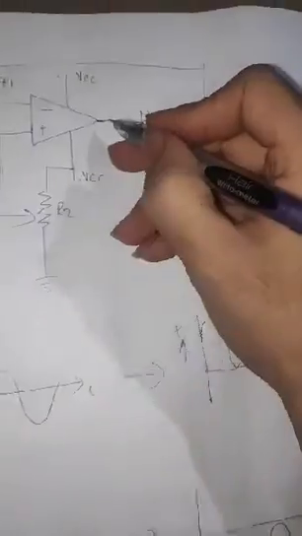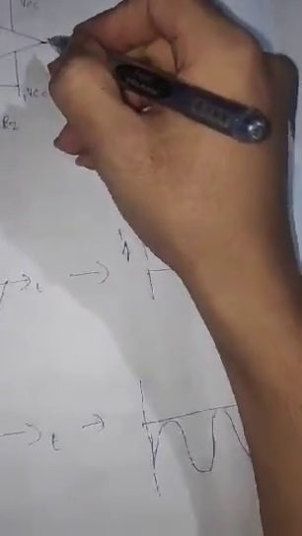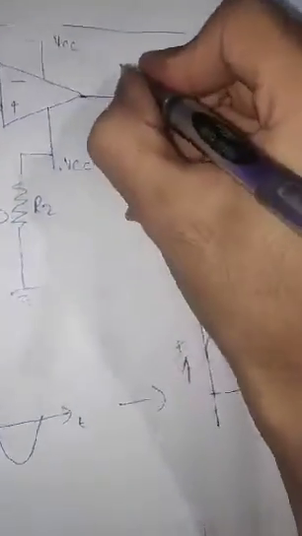And a negative clamper is a clamper circuit that produces an output in such a way that the input signal gets shifted vertically by a negative DC value. For this negative clamper, it is same as the circuit diagram for positive clamper, but the diode is interchanged like this. This is for positive clamper. No, this is for negative clamper and this is for positive clamper. Then we will be talking about